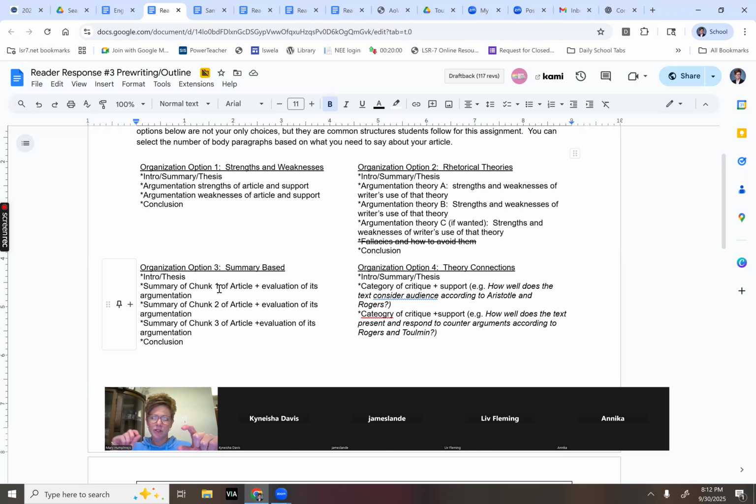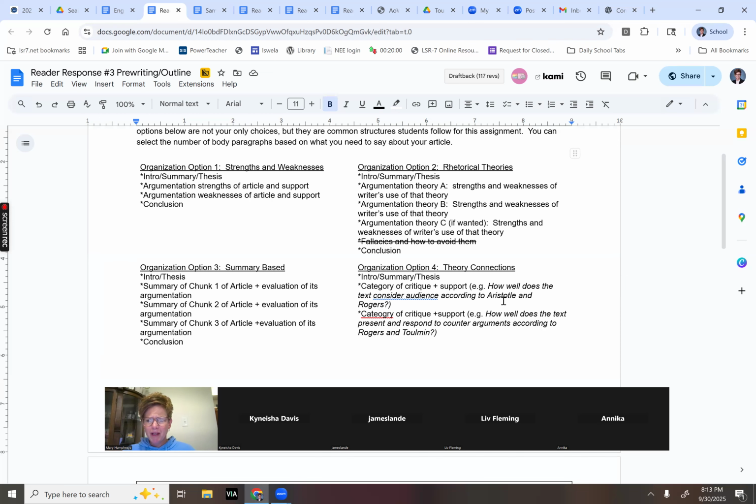Okay, well, in the first third of this article, we see Rogerian and a little Toulmin, right? Then you're going to say, okay, well, here's a summary of the second section. We see pathos coming out. Or, then the summary of the third part, well, we see more logos coming out in that part. And so that part would be summary, evaluation of argumentation, a little more summary, evaluation of argumentation.